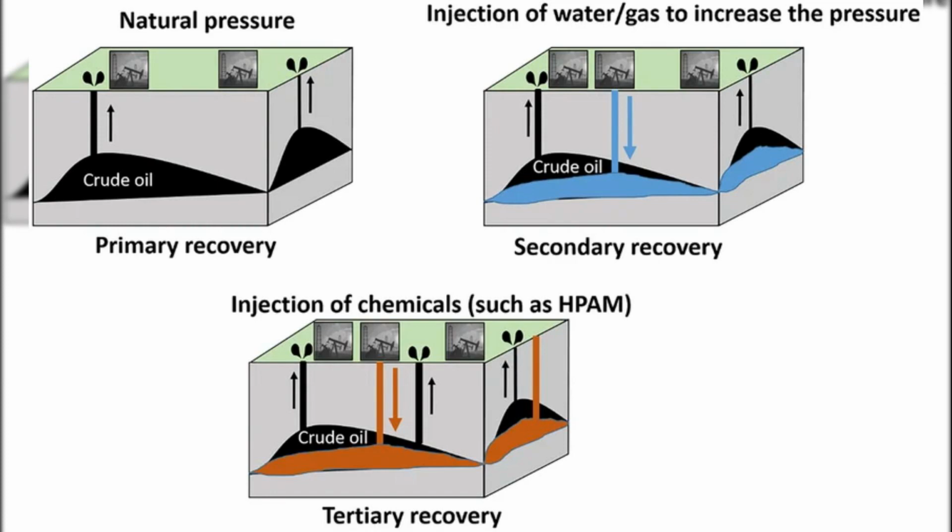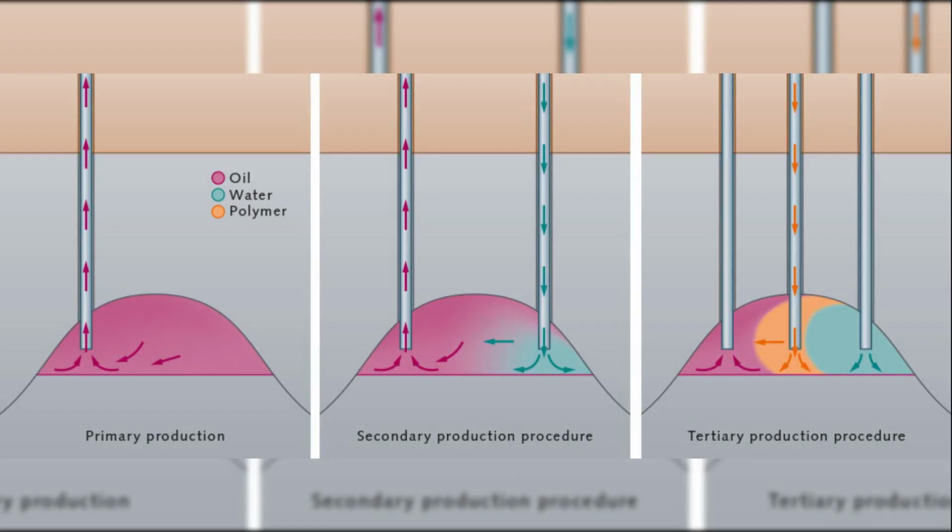To further enhance recovery, secondary methods are used, where water or gas is injected into the reservoir to restore pressure and push remaining oil toward the production wells. This maintains reservoir energy and improves extraction efficiency. In more advanced stages, tertiary or enhanced oil recovery methods are applied, involving the injection of steam, chemicals, or gases such as CO2 to alter the physical properties of the oil, for example by reducing its viscosity, making it flow